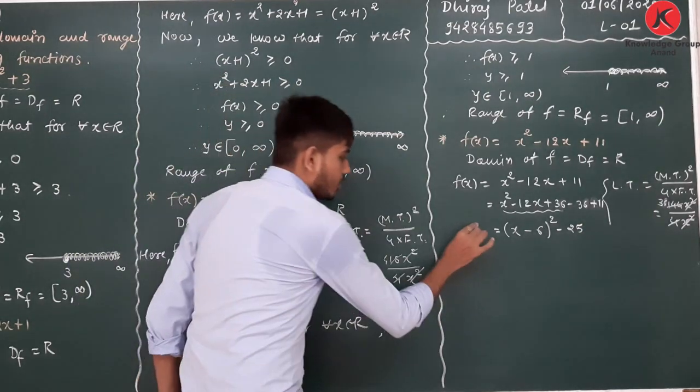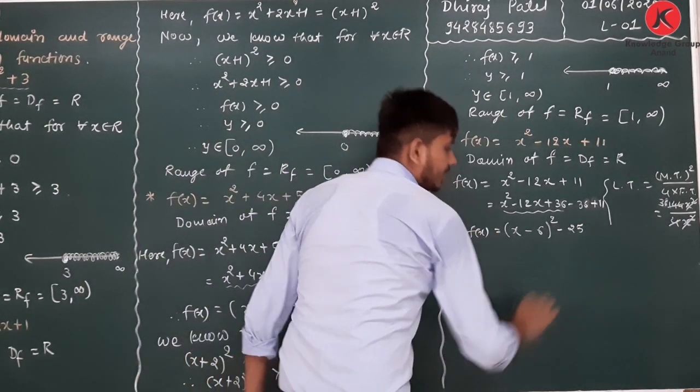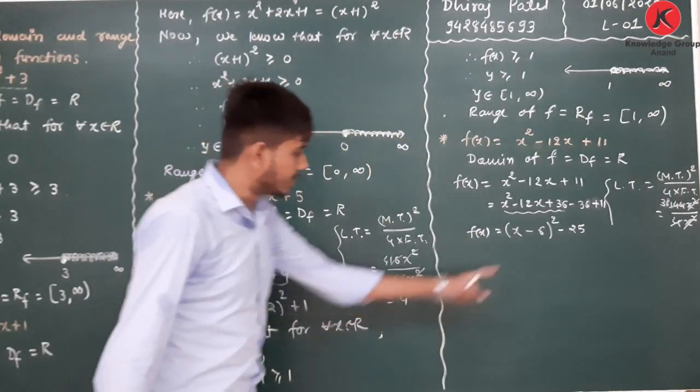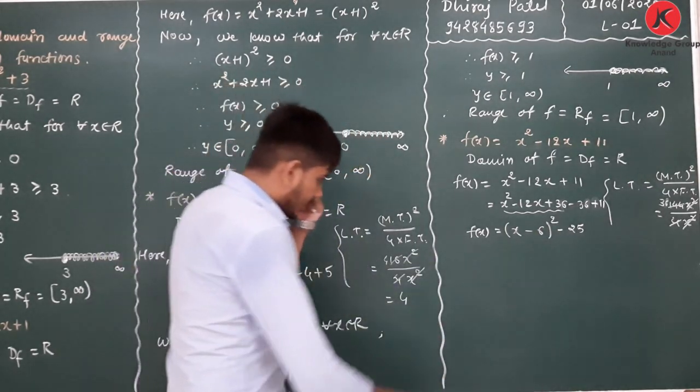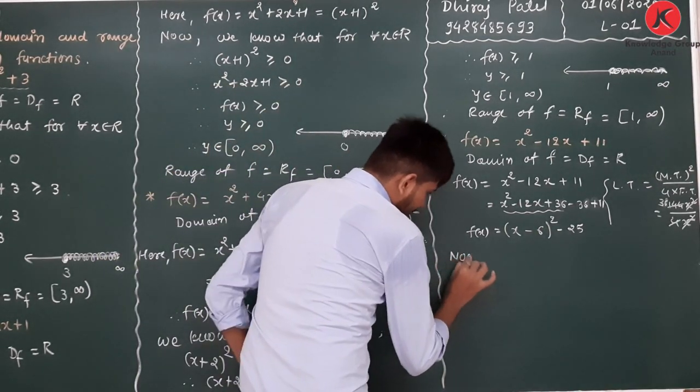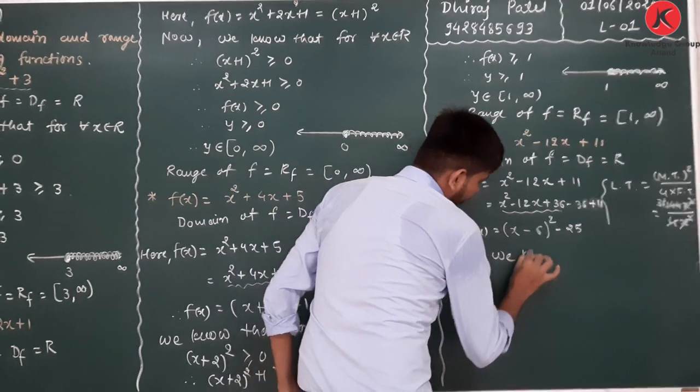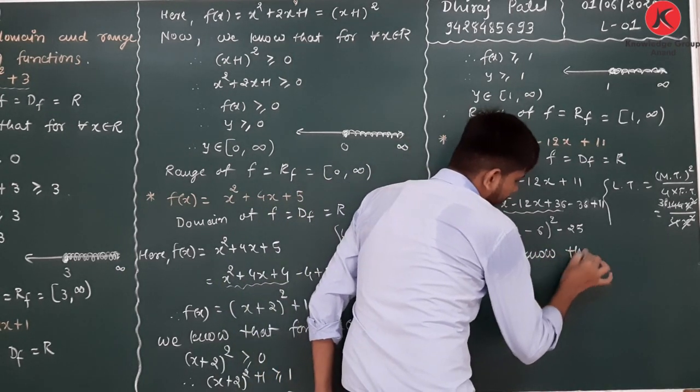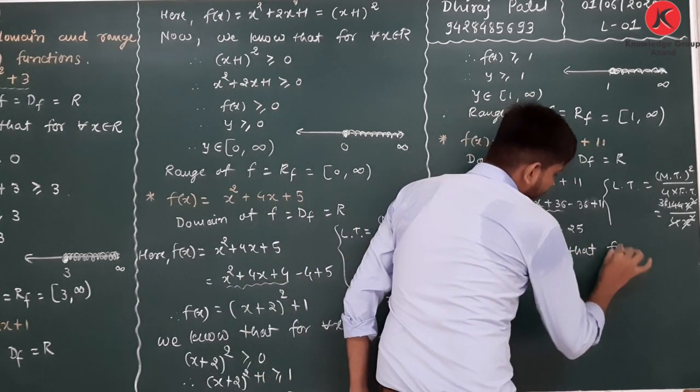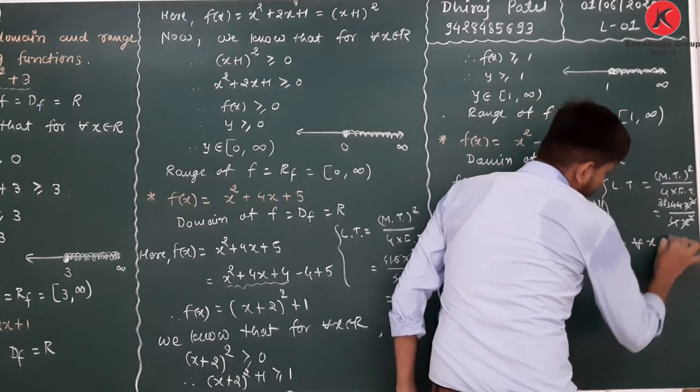25. This is your f of x. Now obtain the range of our f of x. This is in perfect square form. Now we know that the statement is for every x belongs to R,